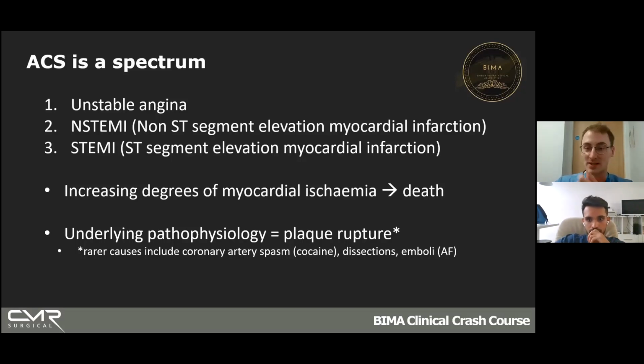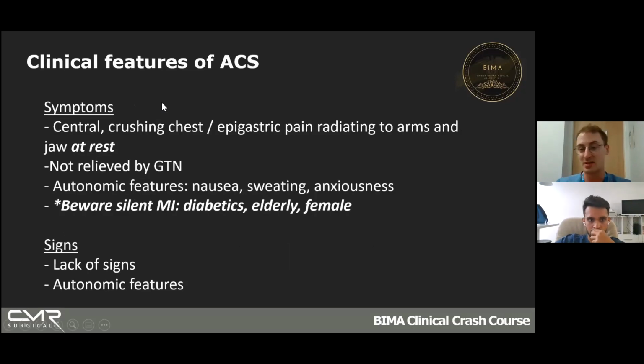Now, how do we spot ACS? So there are some very classic symptoms of ACS, which are nice and easy to recognize. So you get this central crushing chest pain radiating to the arms and the jaw. It's very severe, 9 to 10 out of 10. And it's not relieved by their normal GTN spray that they have for their angina. When you hear this pain, this is what's called ischemic chest pain, and there should be ringing bells basically for something going on in your heart.